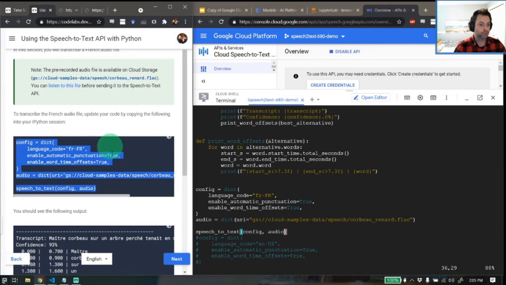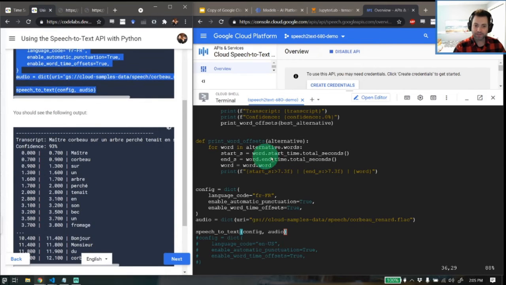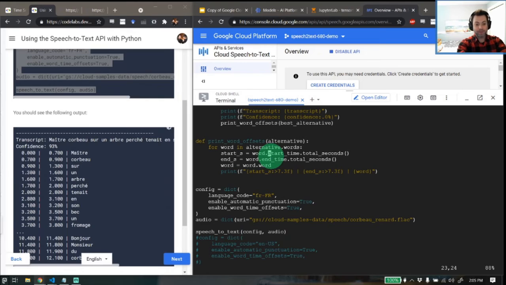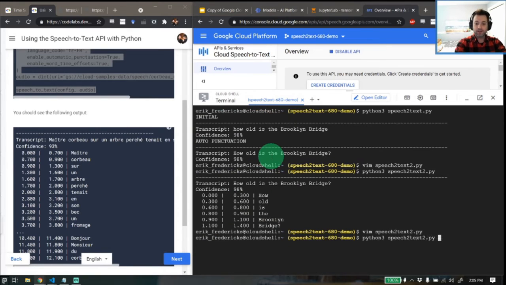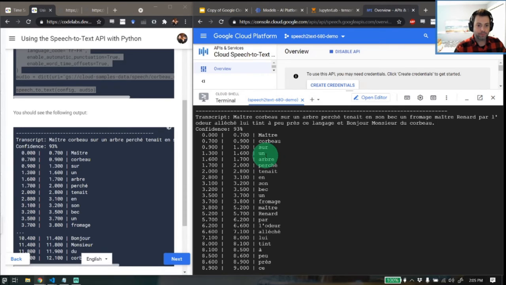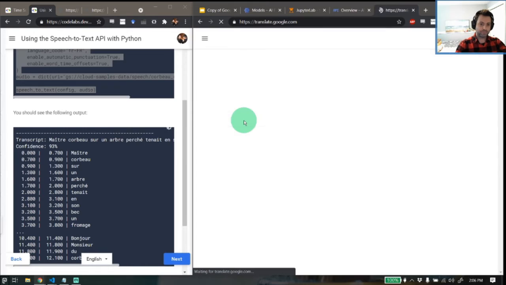I caught fromage. I cannot speak French. But I can use Google Cloud to tell me what was said. Well, sorry, let me take that back. We can use Google Cloud to understand what was said in French, and then I could drop this into translate.google.com or use the translation API, which, for funsies,